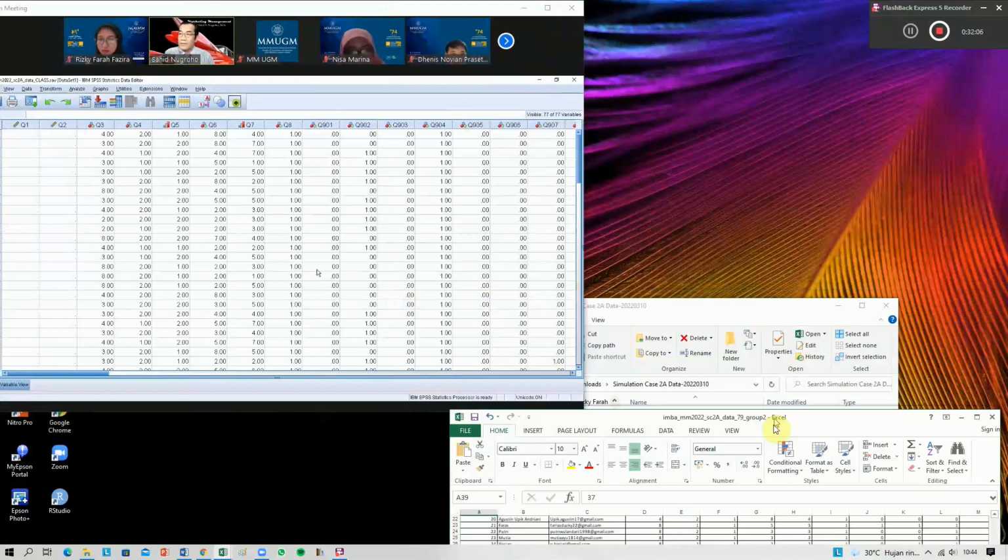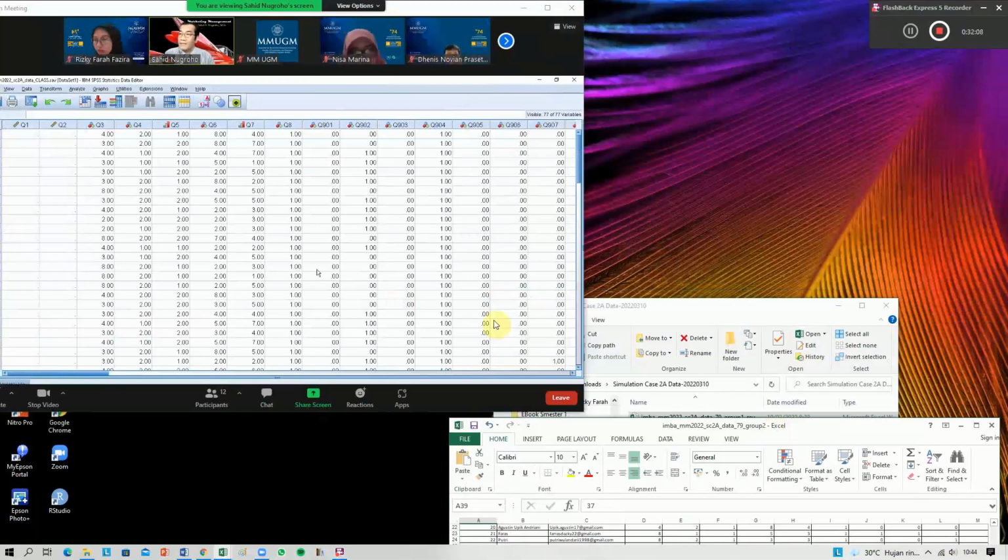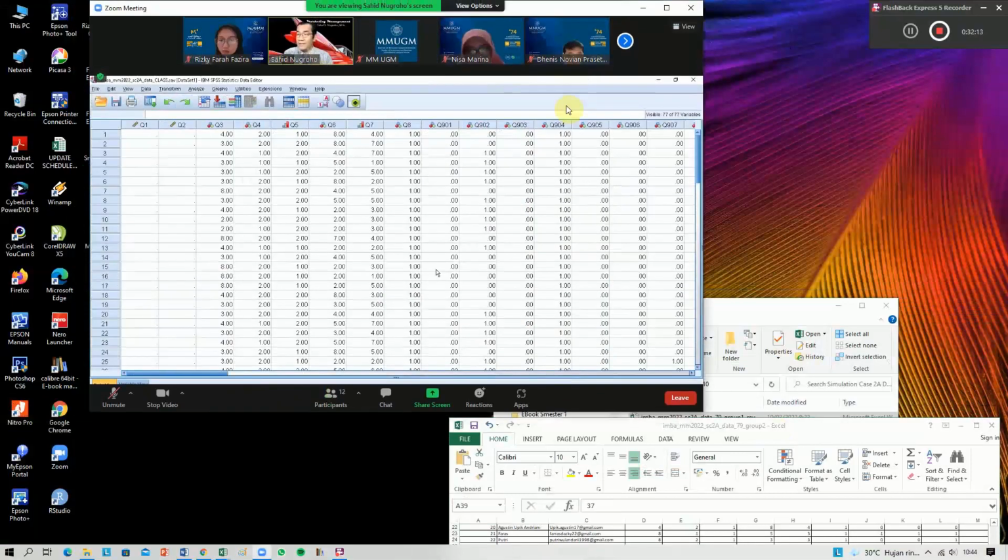If you paste the text data, it cannot be read by SPSS, so it's okay. When you see the column is empty, it is because you pasted the text data. That's fine.